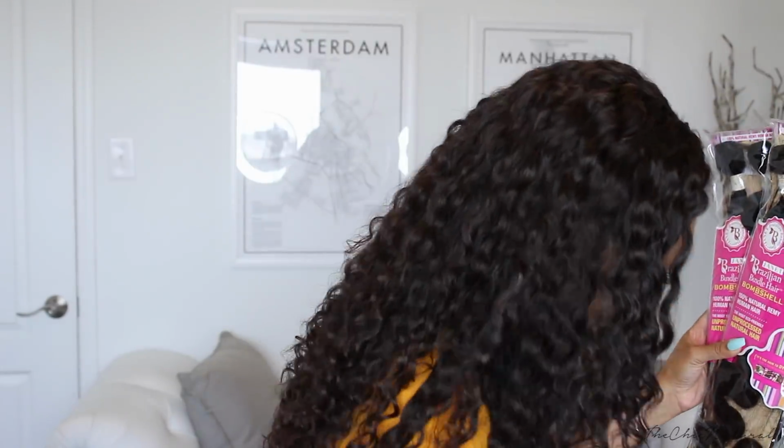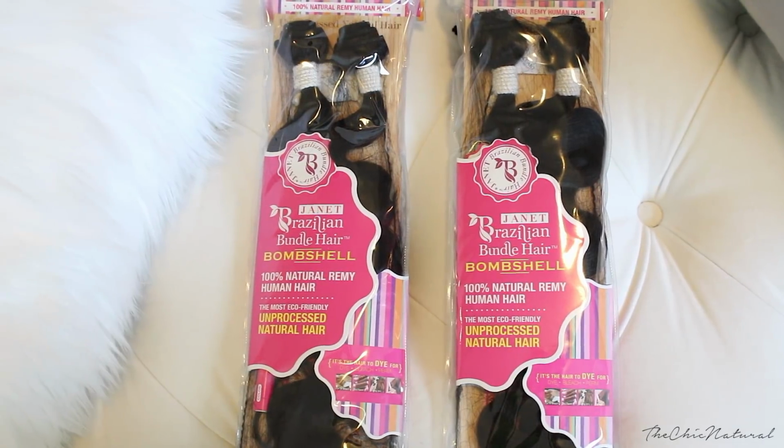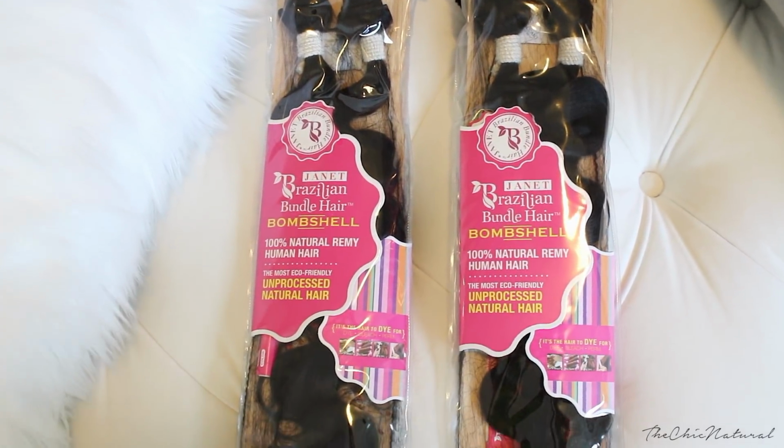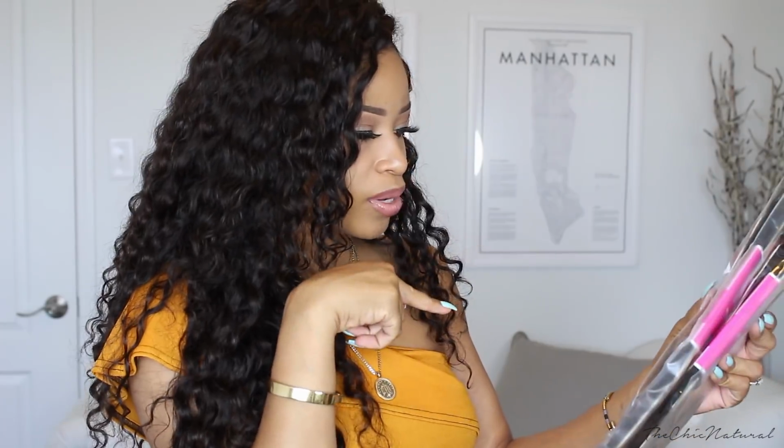Ooh. Okay, so first I have some of the Brazilian bundle hair. This is 100% natural Remy human hair. I've been wanting to do a faux ponytail, so this came just in time because I'll probably use this to make like a really voluminous ponytail. Also got